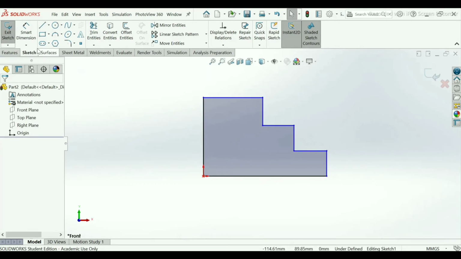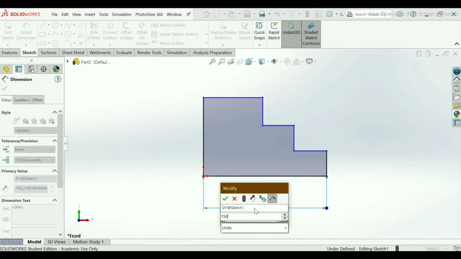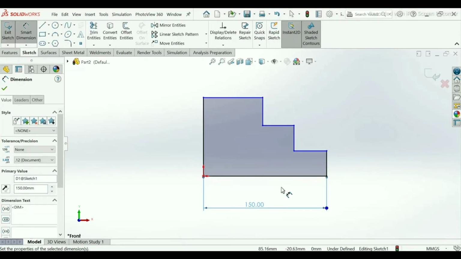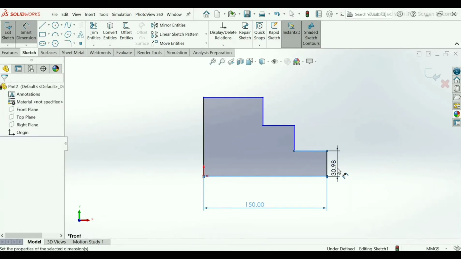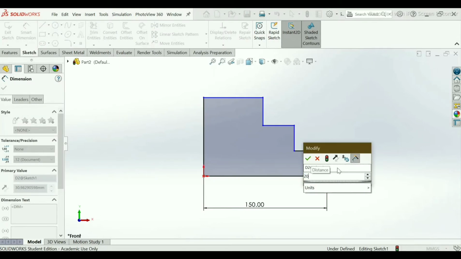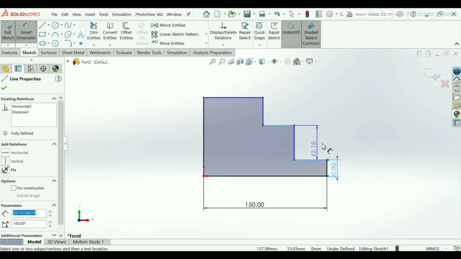Now apply dimensions. Select smart dimension, select first this bottom line, make it 150 mm, and here the width will be 20 mm. Here also make it 20.